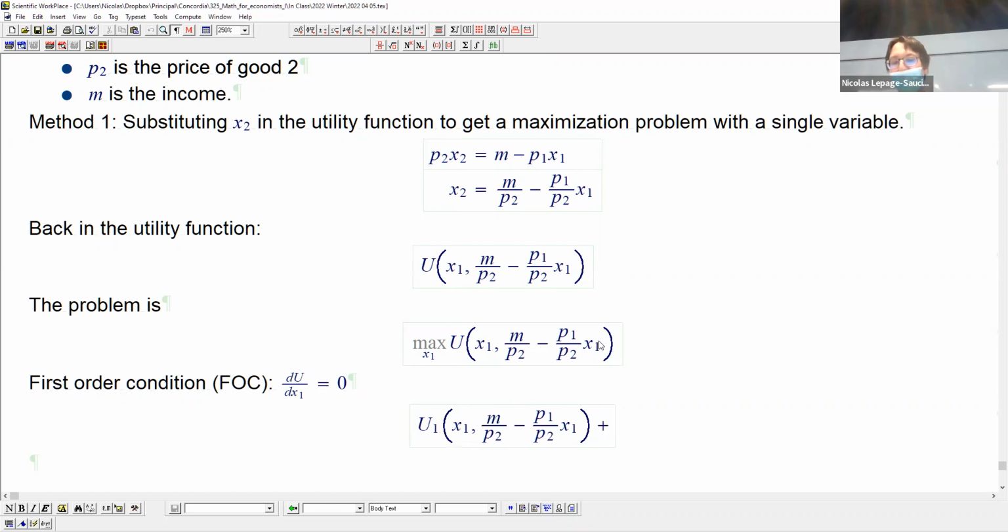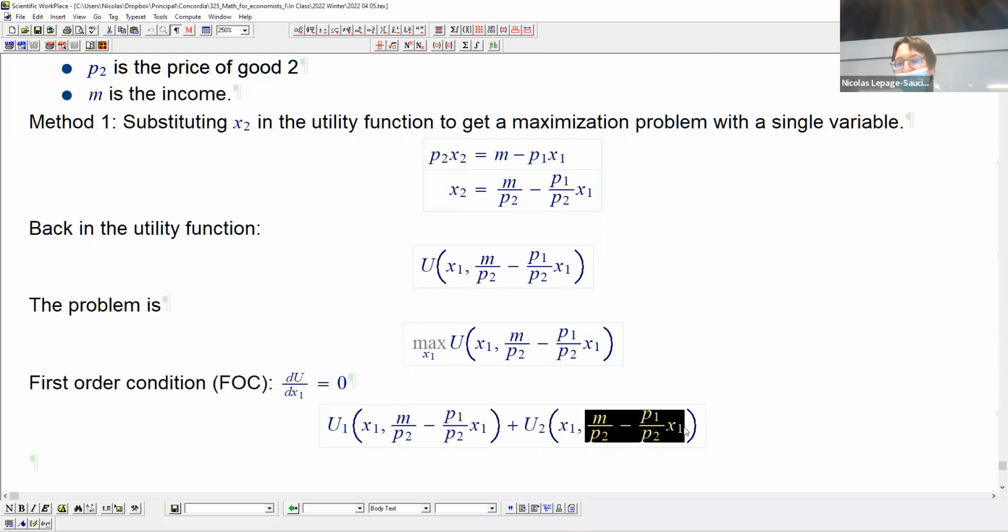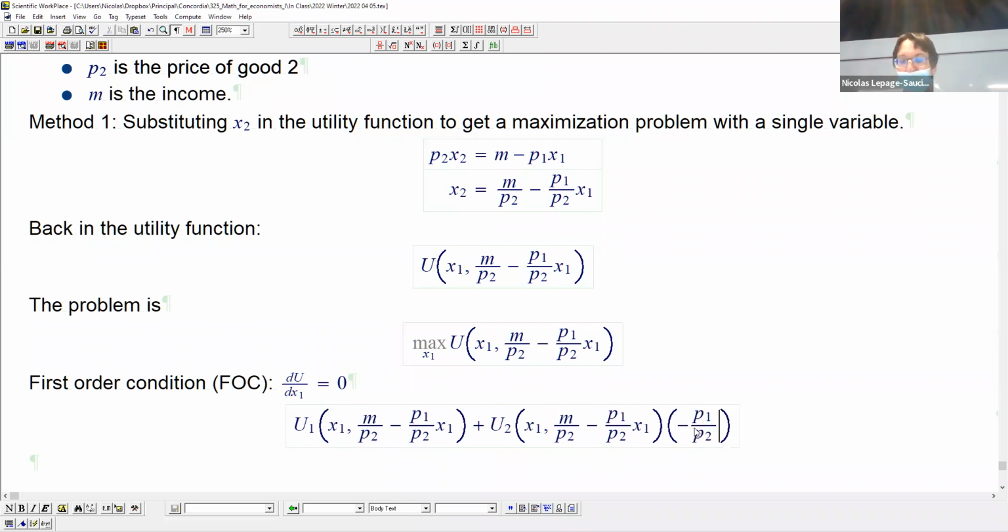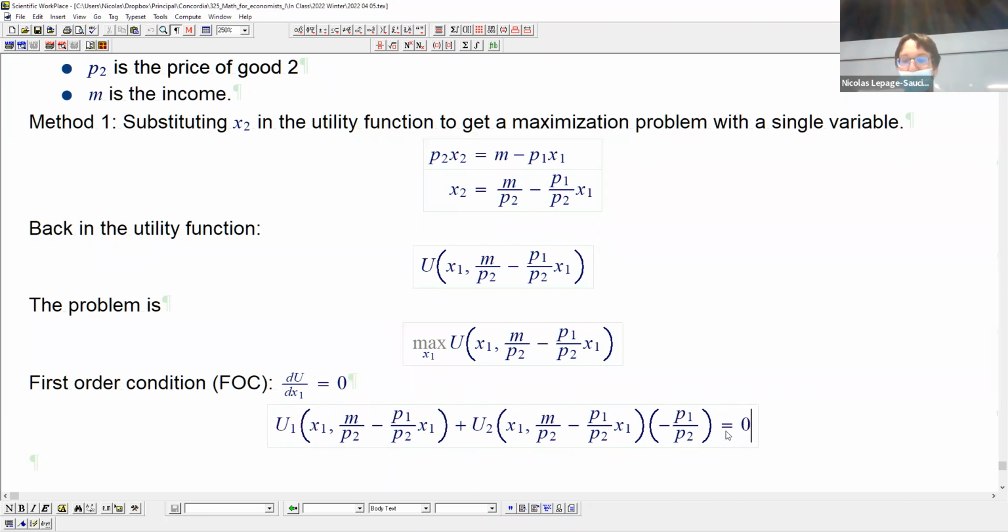Plus, now I have some x1 that's entering the function in the second argument. So I have u2. Then, of course, I had to derive inside it. So here it was just one, the derivative of x1, but now the derivative here is minus p1 over p2, because I have this in front of x1. And this has to be